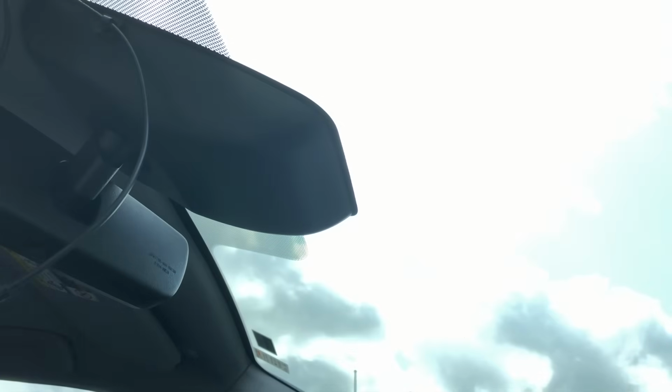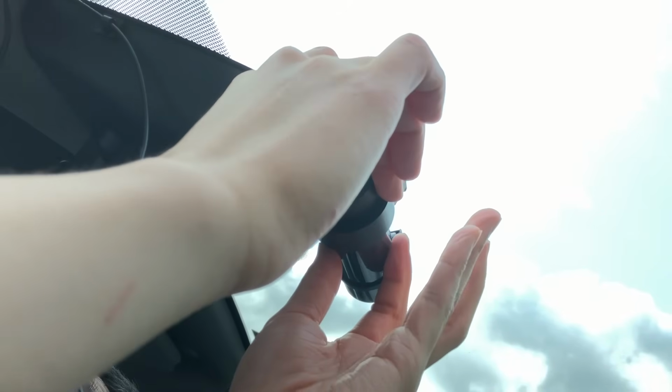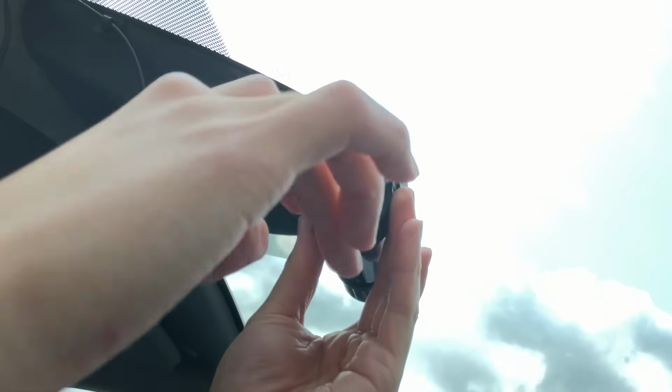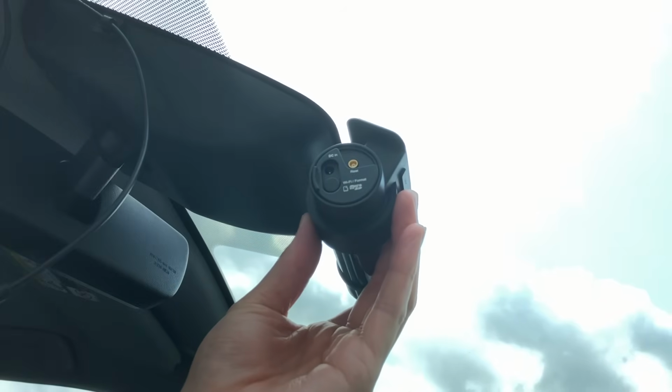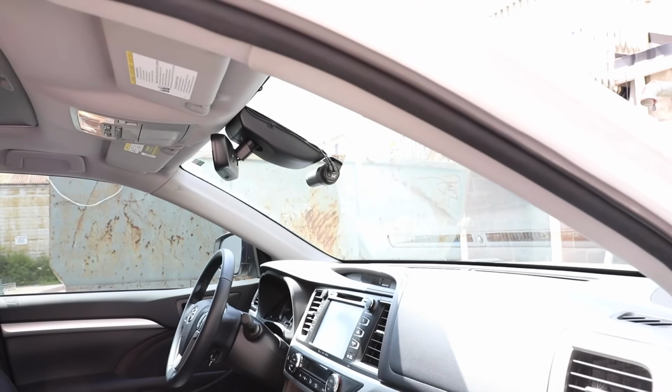The most ideal spot for the front dash cam is right behind the rear view mirror. However, if you have a big black thing like I do in my car, you could place it right underneath it. However, if it does obstruct your view, the other option is to place it right next to the mirror rather than behind it. And once I finish my camera setup,